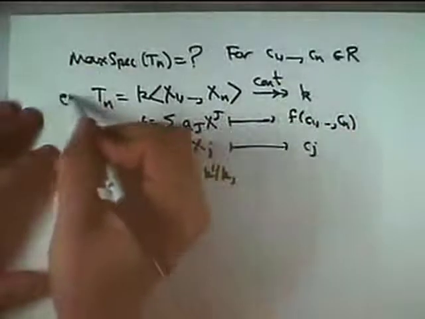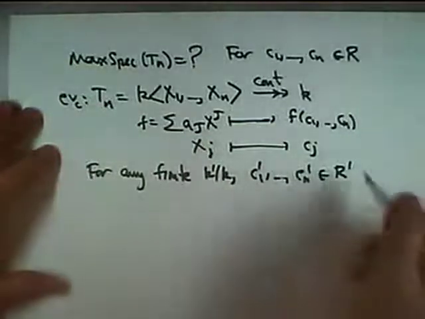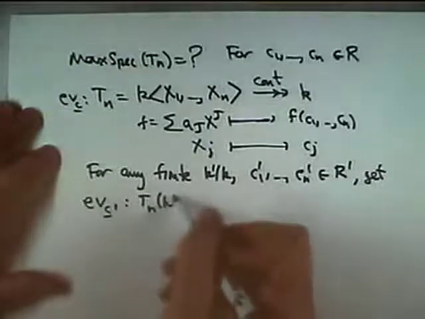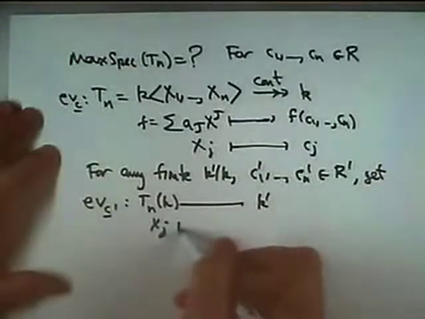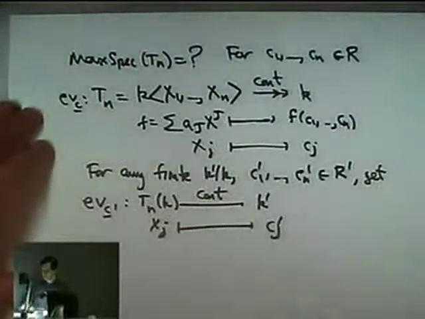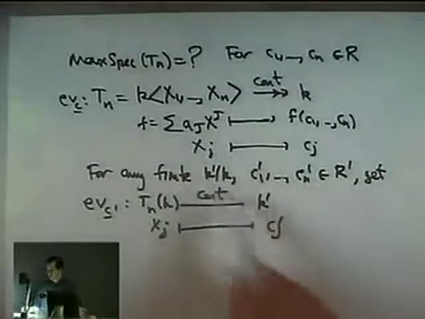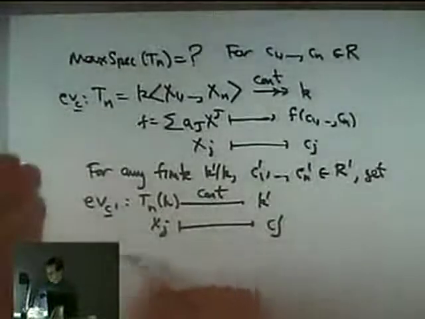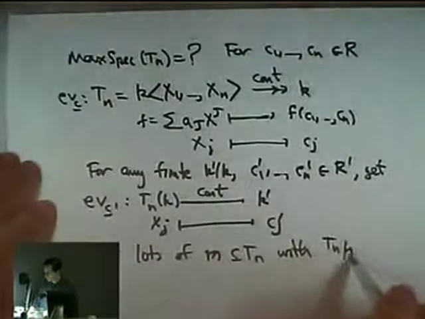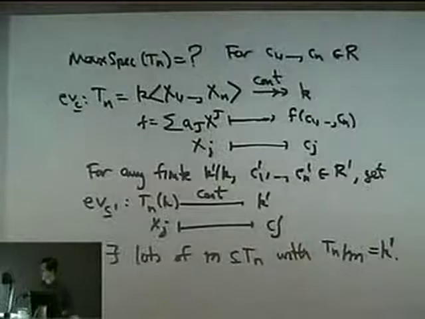maybe I'll call this evaluation map P, and any n-tuple of elements c_j' in the valuation ring of K', we get an evaluation map to K', sending the x_j's to these c_j', uniquely determined by this condition together with continuity. In general, this may not be surjective, but we could choose a bunch of c_j', at least enough of them, to generate this extension. So we see that there are lots; the upshot is that there are lots of maximal ideals with T_n mod m equal to K'. Okay? So to the extent K has lots of finite extensions, we have lots of these sort of maximal ideals